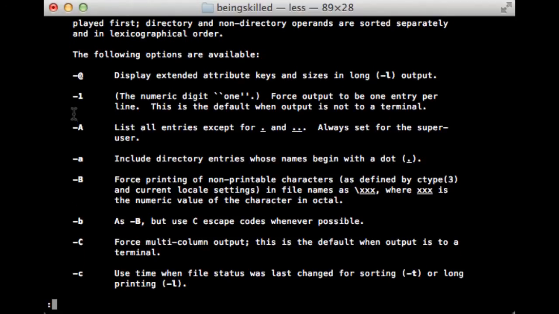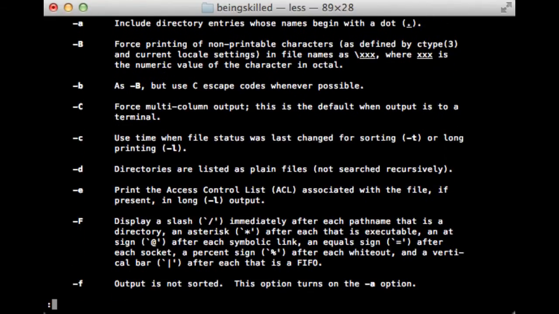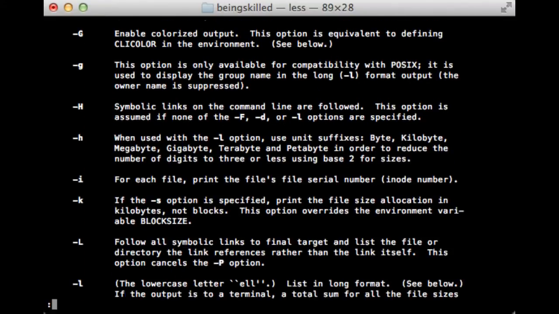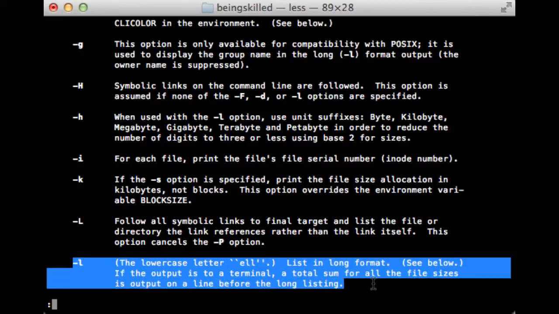Also, there are lots of parameters available, and let's read about -l, which is list in long format.